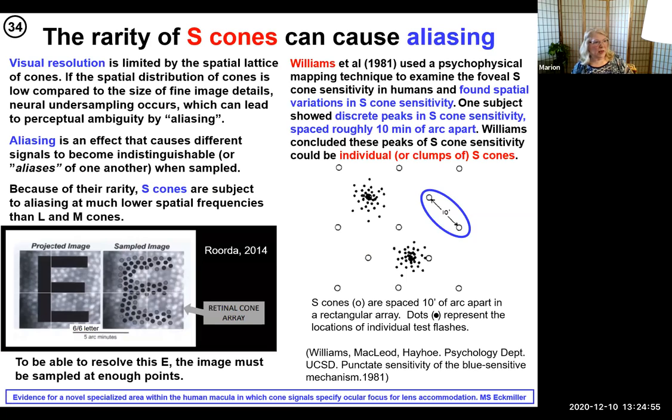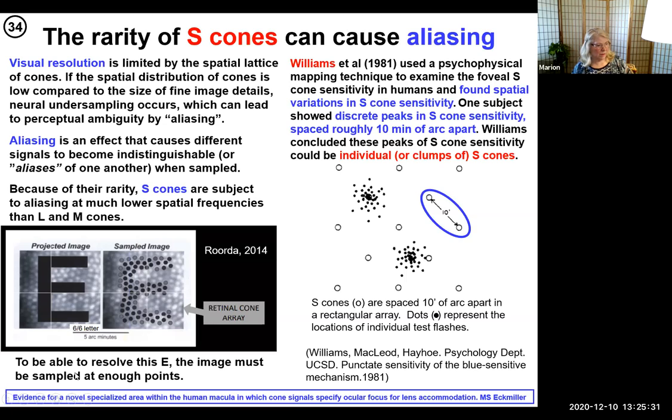So work has been done on the rarity of S cones, and it is known that because they are so rare, they can cause what is called aliasing. Aliasing is an effect that causes different signals to become indistinguishable, or aliases of one another, when sampled. Because of their rarity, S cones are subject to aliasing at much lower spatial frequencies than M and L cones. Here is a figure taken from a Roorda